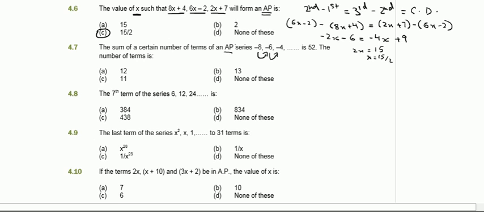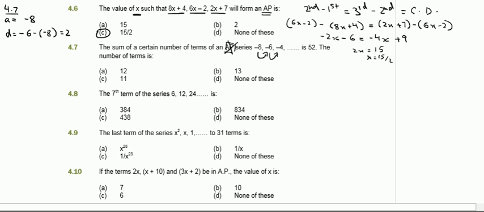And the question also states that it is arithmetic progression. Even if it was not stated, we can easily identify it. Our A for 4.7 is minus 8, our D is second term minus first term, which will be 2,